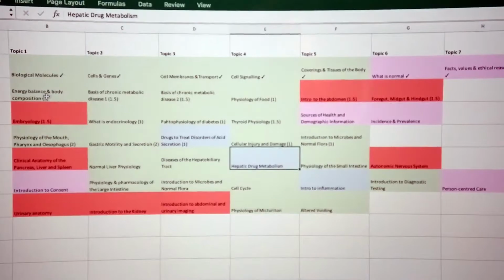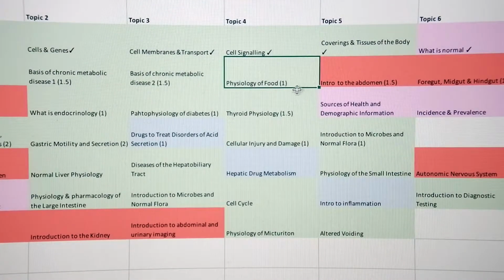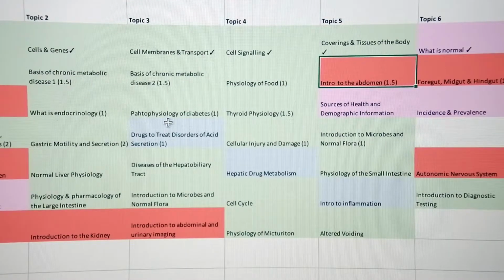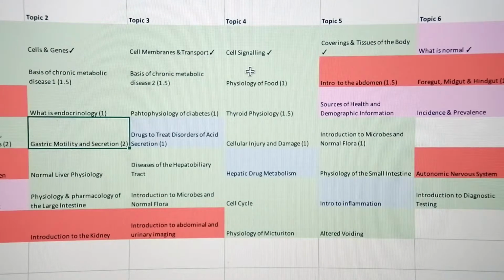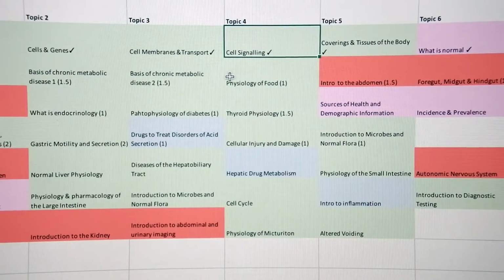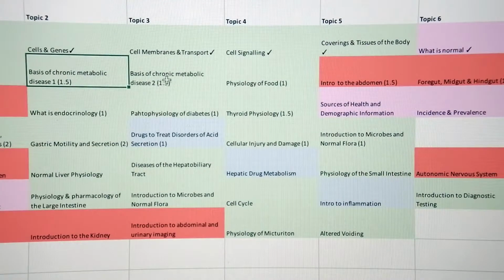If I zoom in again, you will also see that I have started to plan my day for tomorrow, and that I have got numbers next to these. So 1.5, 1.5, 1, 1.5, lower down I've got 2, and that is just me trying to plan out my time and make sure I am giving myself an appropriate amount of work to do each day. And as you can see, I haven't done all of them. I didn't do it for today, partly because I knew I'd be starting a bit later because it's taken me a while to set up my study space, so I didn't plan out my hours, but I have for the